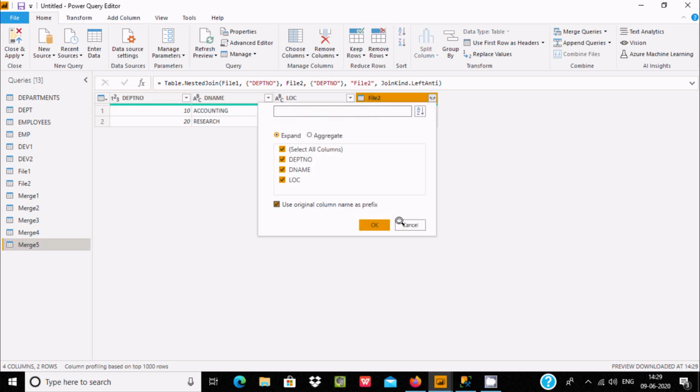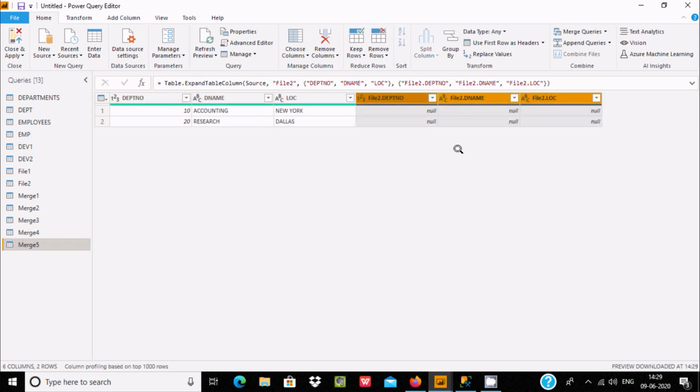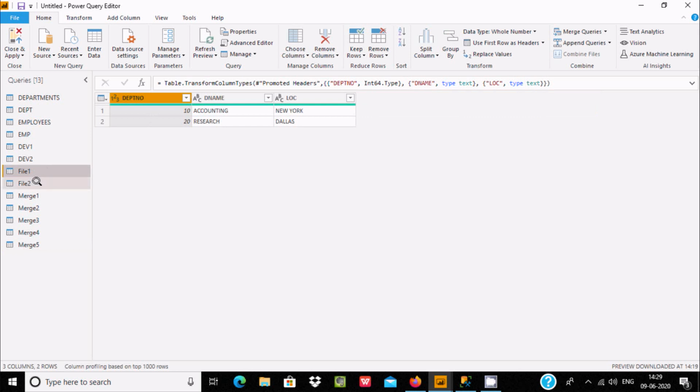Now you can see file 2, where left empty means only the left part records are displayed, not the right part. So the left part is file 1 with 10, 20, and file 2 with 30.